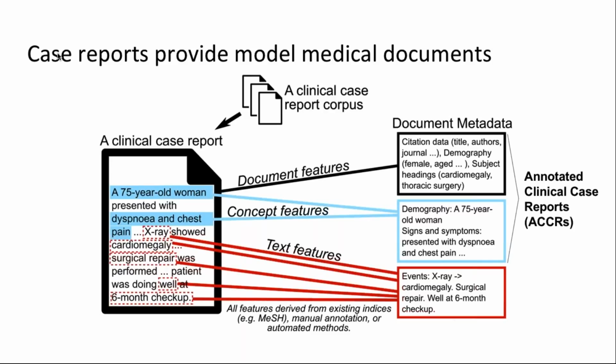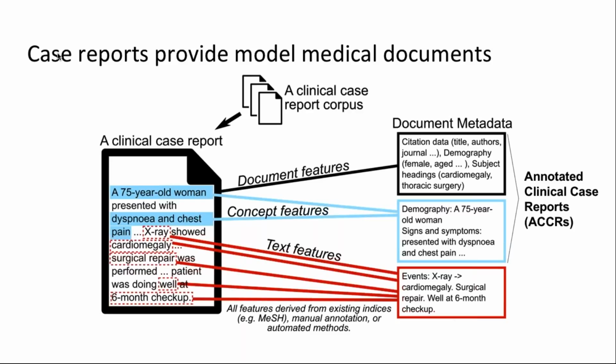So these are generally publicly available, notwithstanding any copyright issues or paywalls or such, but they're not electronic health records, so they're not necessarily subject to all the privacy concerns and HIPAA regulations that go along with that. But I like to think that we can look at an entire clinical case report corpus in terms of its individual documents. And then for each one of those individual documents, we can break that up into 3 different types